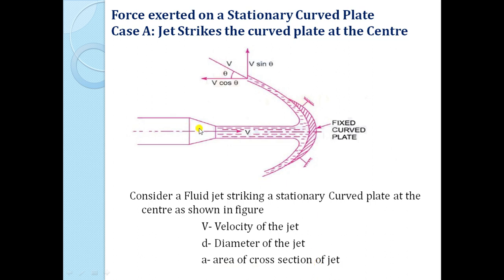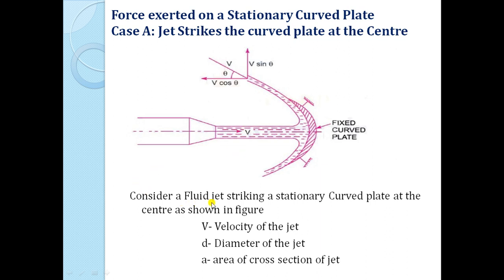As the jet strikes the curved vane, if we consider the curved vane to be smooth, the jet will be simply gliding over the vane, and the velocity at the outlet tip of the vane will be the same as the inlet velocity. Why? Because we assume the surface to be smooth, and if there is no loss of energy due to impact, the velocity at the outlet tip will be the same as this velocity V.